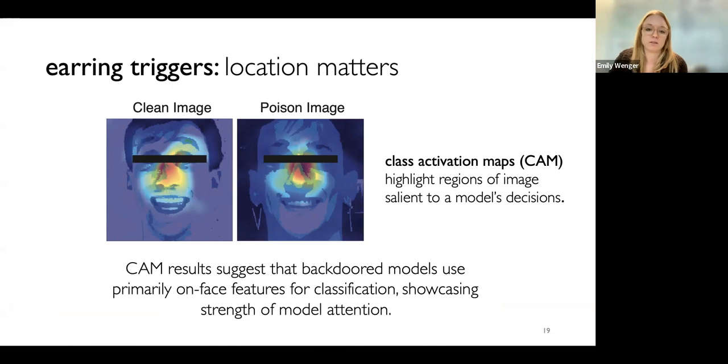So the fun tangent takeaway from this is that when conducting a physical backdoor attack, the domain of your model really matters, and the physical trigger chosen needs to map up to what the model's already looking at. Otherwise, the pattern is perhaps not strong enough to persist. So just an interesting side note, but the earrings are not going to be included going forward because they don't really work.